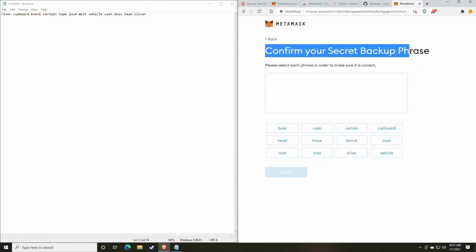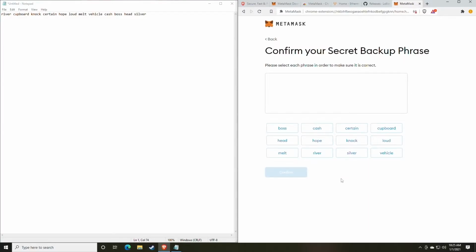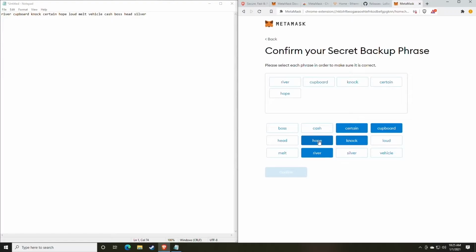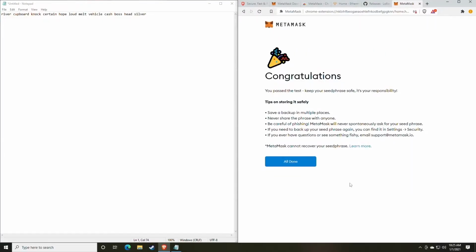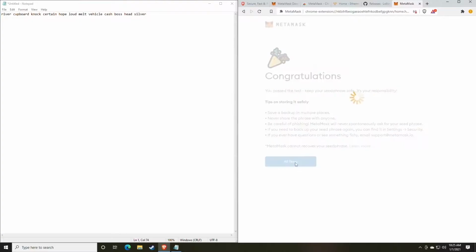So to confirm the secret backup, you'll see we actually just click the buttons for the words. So we have river, and you want to do it in order: cupboard, knock, certain, hope, loud, melt, vehicle, cash, boss, head, and silver. So now that we've put them all in order, we're going to click confirm, and we can start using the